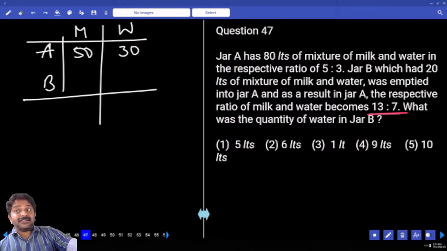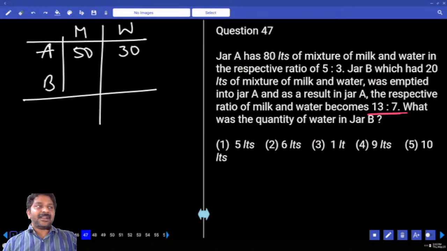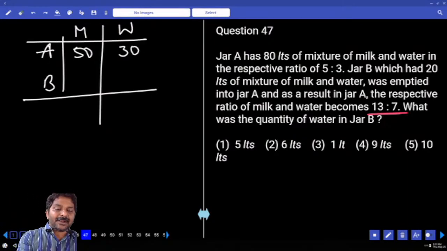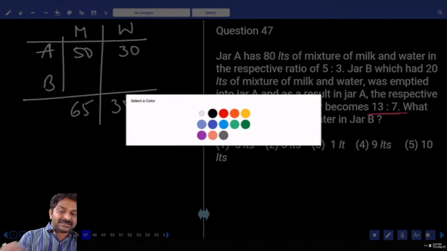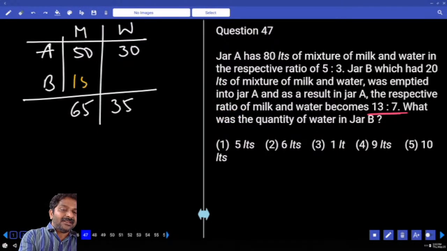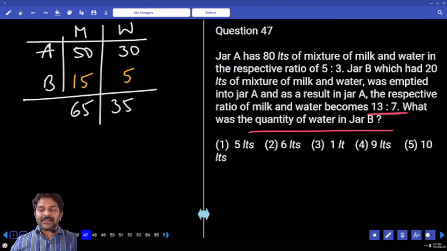Total how many parts? 20 parts is equal to 100. Each part 5. 13 parts 65. 7 parts 35. That means in jar B 15 liters of milk we have and 5 liters of water. The question is about water in jar B, which is